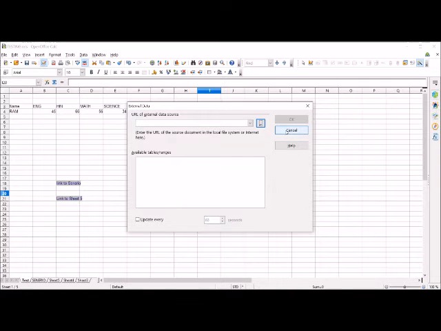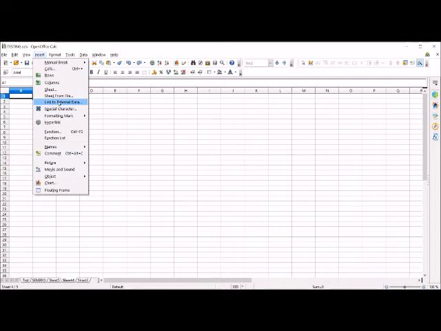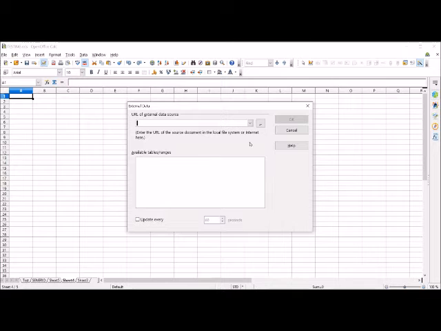Okay, I'll take a worksheet only, then I'll show you something. I'm pressing Ctrl Z. I'm coming to this blank worksheet. I'll select this blank worksheet here. Then I'll select insert, link to external data.